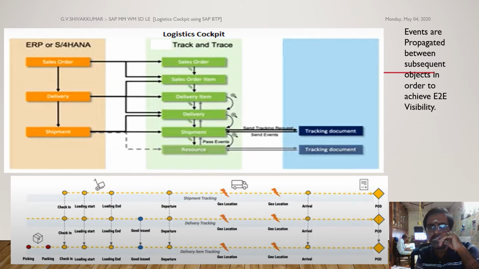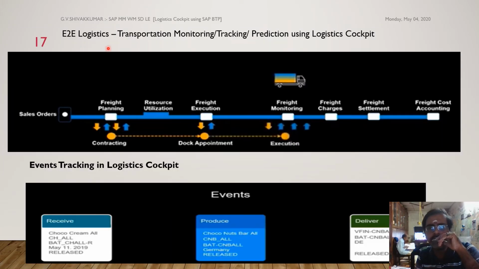Next, we are moving to the next slide. So here you can see end-to-end logistic transportation monitoring, tracking, and prediction using the logistic cockpit. Starting from sales order creation, next it goes to freight planning. So contracting, I mean, data between the contract and freight planning happens, and resource utilization: how much resource can be used to optimize the pick, pack, loading, and all these transportation related activities, and what is